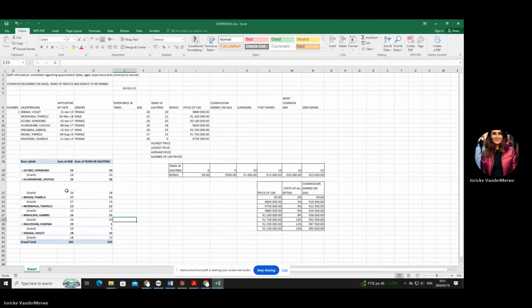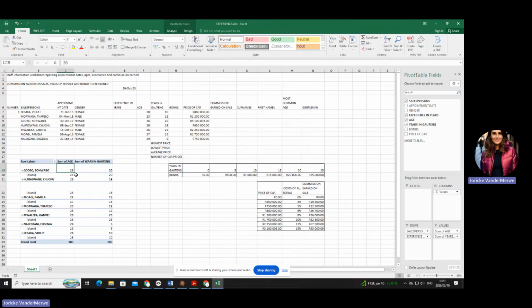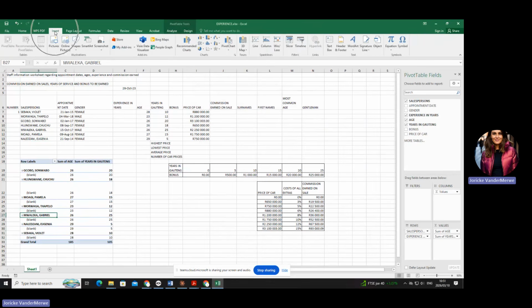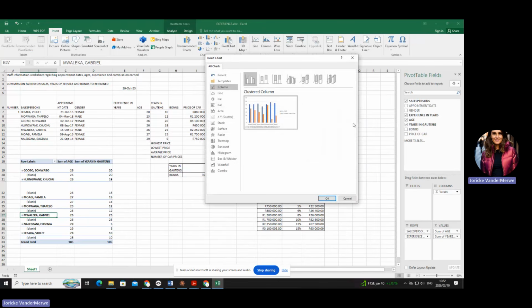Let's say at number 8, they are asking you to insert that graph. Okay, you have to be clicked anywhere in this table. You don't have to select it, just be clicked. Then you're going to go to insert, just like you would have done with a normal chart or a graph. But do you see there, at the same place that you've chosen the table, there's also now a pivot chart. Can you see that? You're going to select that, and then you are going to choose the one they want.